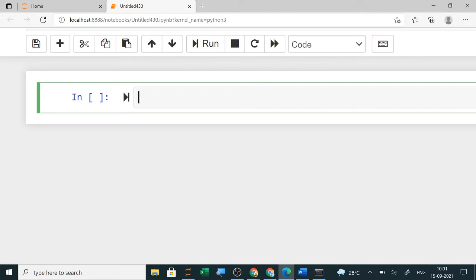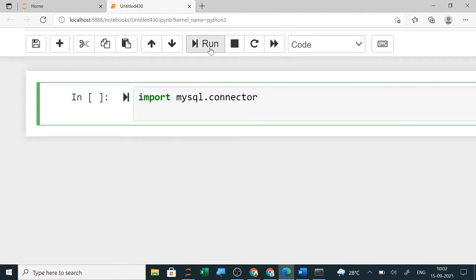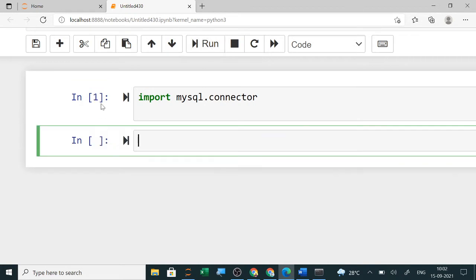For checking, you have to import mysql.connector. Now execute and see if it shows an error. No error is showing, that means this is correct.